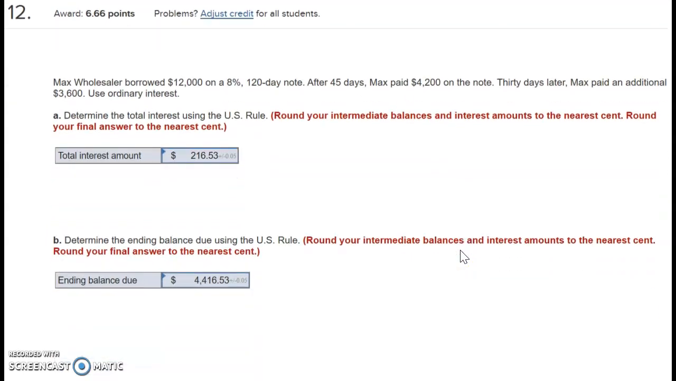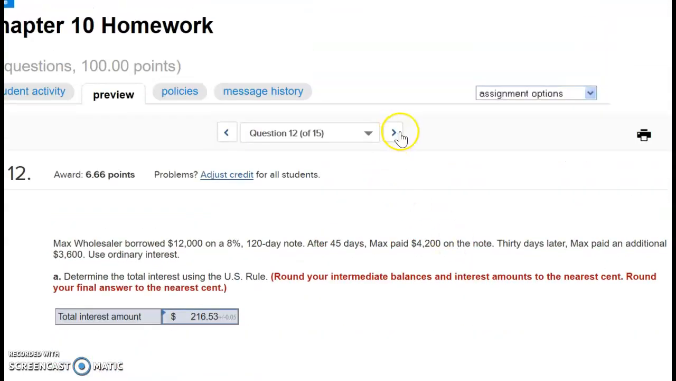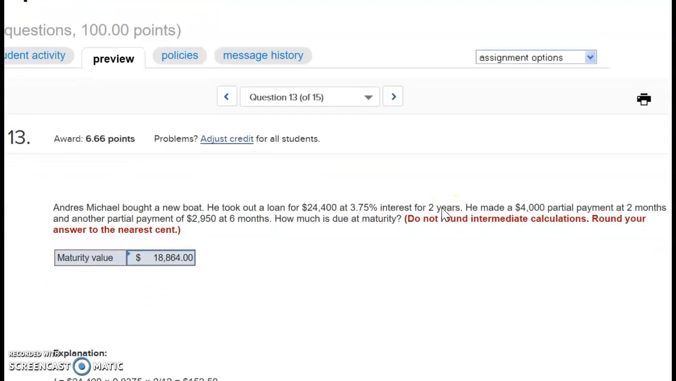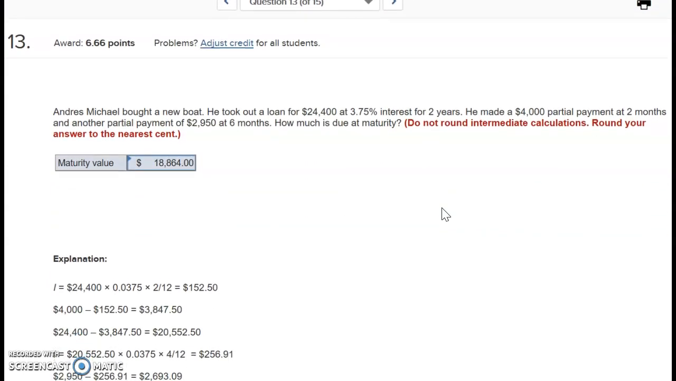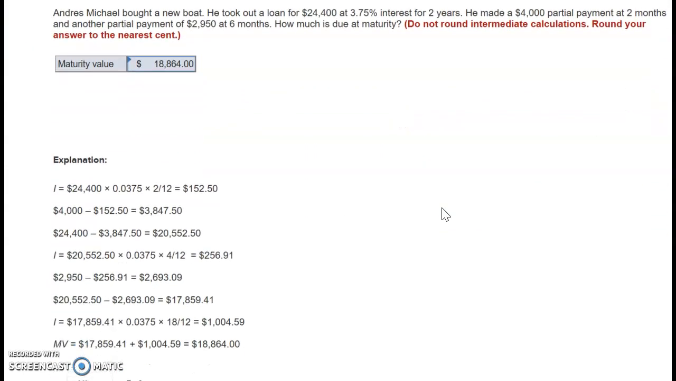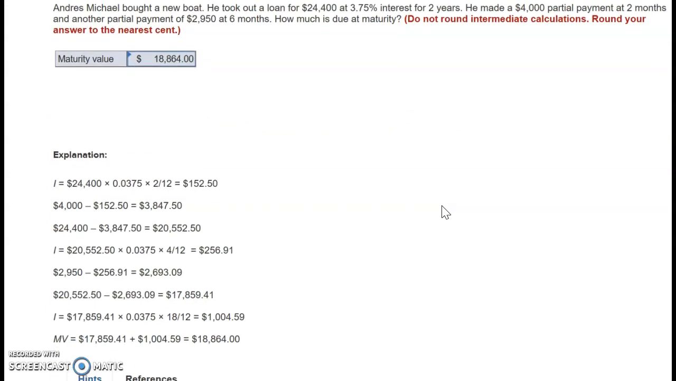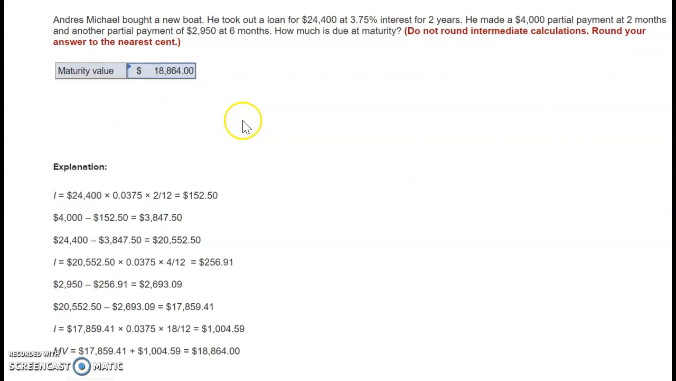All right, there's another U.S. rule problem. I already went through one of those with you. These are just word form for the rest of them. So I'll show you this solution here, and